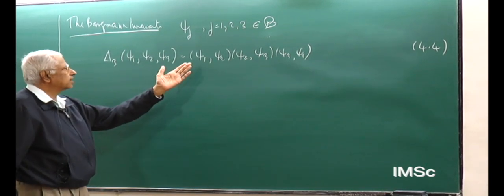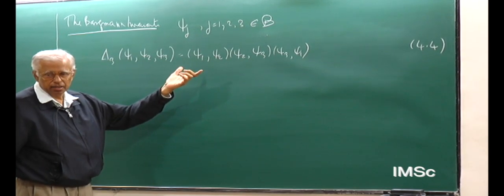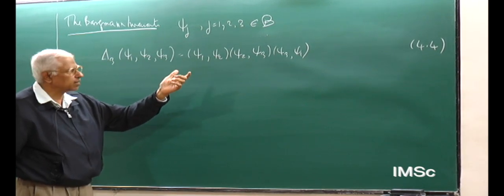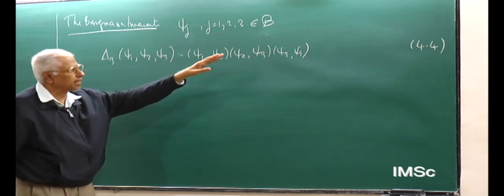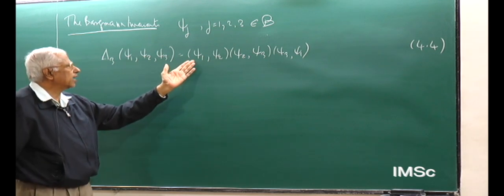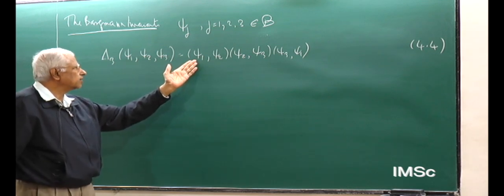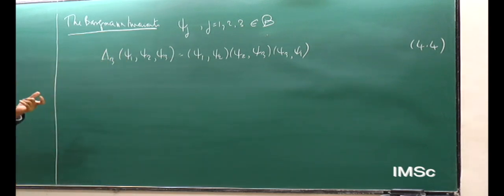that if you were to multiply psi 1 by some phase factor e to the power i alpha, and leave psi 2 and psi 3 unchanged, the right hand side will not change, because in one factor psi 1 is on the left, in the other it's on the right. Similarly, changing the phase of psi 2, no change in this expression, and also for psi 3. And in fact,